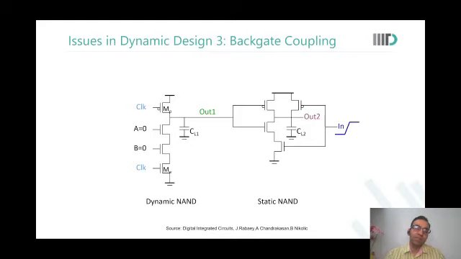Now let us say that your out 1 was something and out 2 was something. In goes to 1 from 0. Out 1 was already 1. What will happen? At once out 2 will discharge. When out 2 discharges, what will happen? Due to Miller coupling, out 1 will also see some discharge happening. So this backgate coupling is also an issue that you will have in dynamic gates. Even when you are coupling a static gate next to a dynamic gate, such challenges can appear.